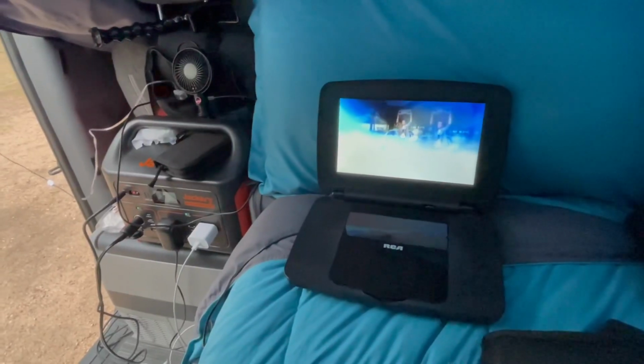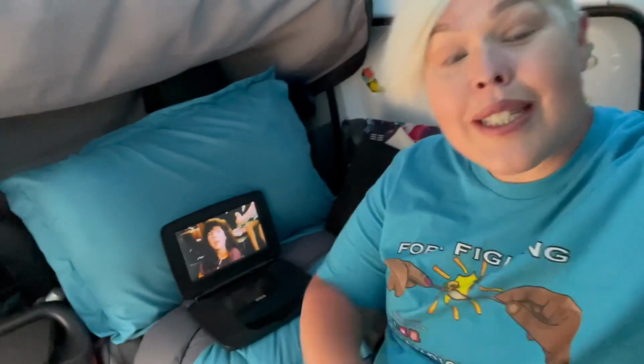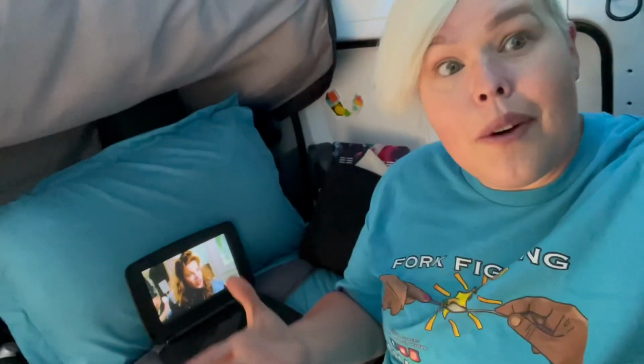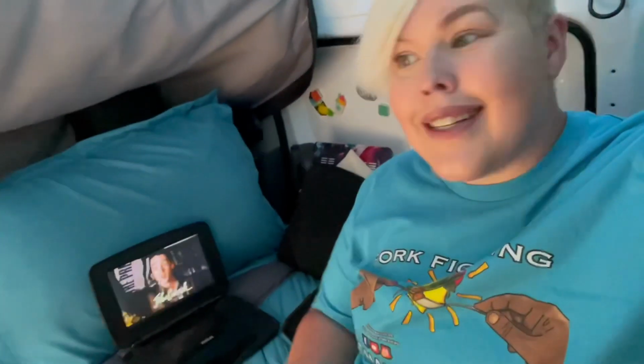See? There it goes. Now, I don't always watch DVDs while I'm traveling. However, since I knew I was going to be in areas that didn't have signal for an extended amount of time, I was afraid I would run out of things on my Netflix downloads that I could watch. And sure enough, I did. So this is a great alternative to being able to still have something to keep me entertained whenever it's doing something like it is right now, raining. And that way I can also just kick back, eat my dinner, enjoy something,